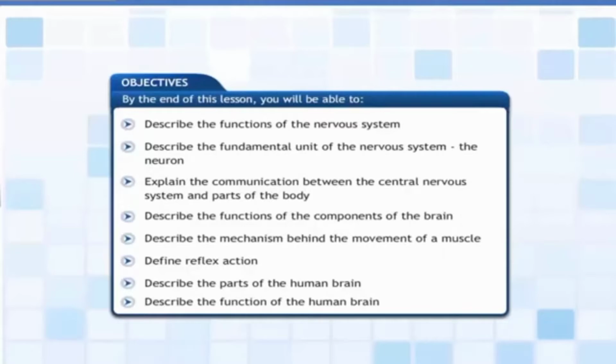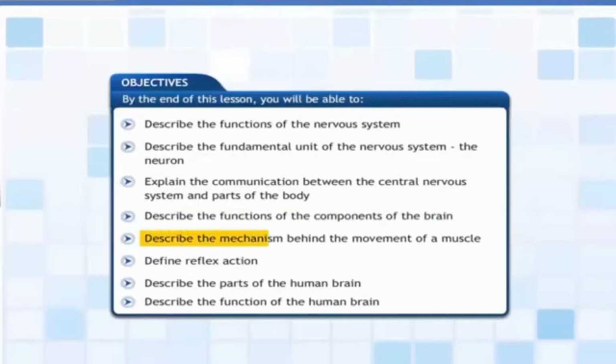At the end of this lesson, you will be able to describe the functions of the nervous system, describe the fundamental unit of the nervous system, the neuron, explain the communication between the central nervous system and parts of the body, describe the functions of the components of the brain,